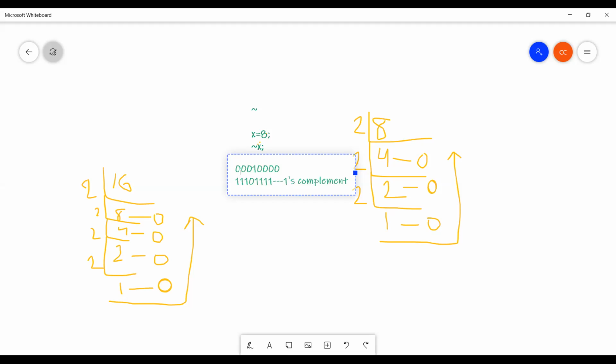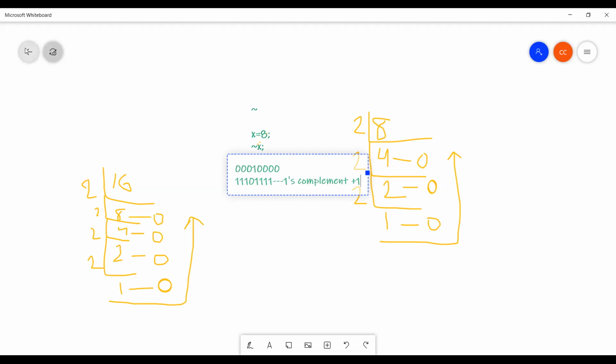After that, all zeros are converted into ones and all ones into zeros. That is called ones complement. That's all. Then we can convert to two's complement also. The formula for two's complement is ones complement plus one. That is called two's complement.